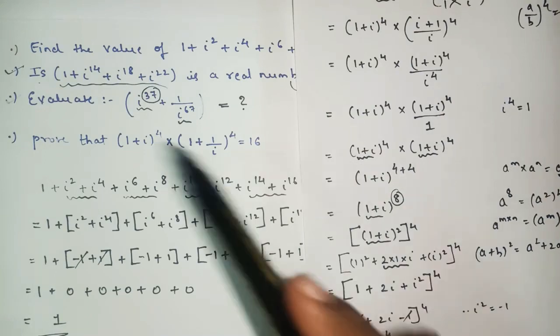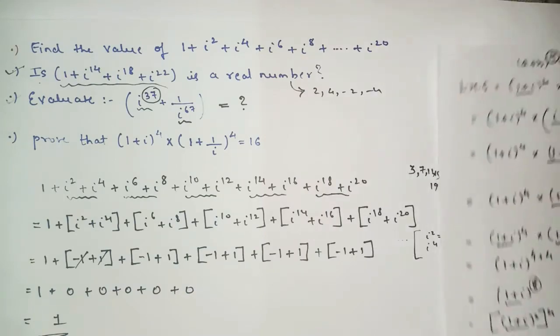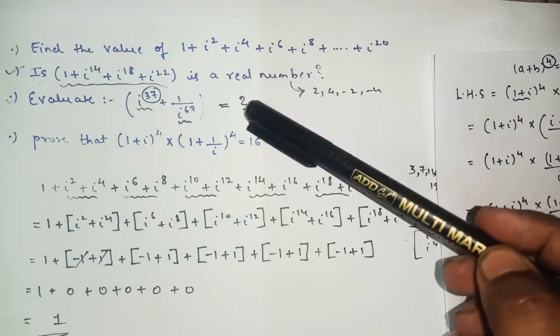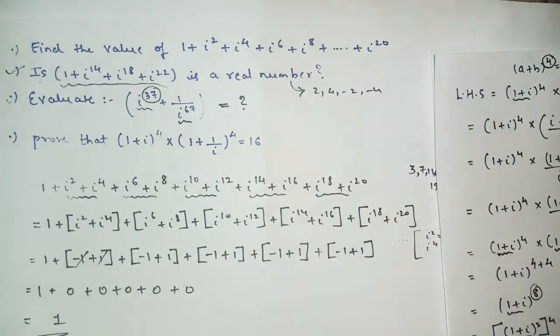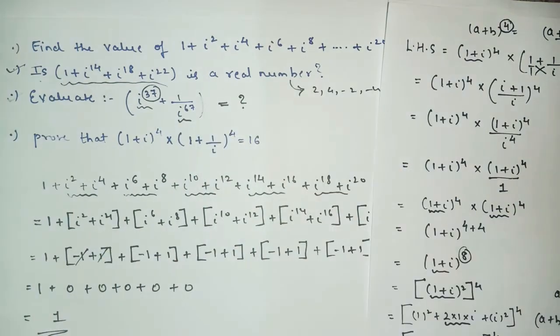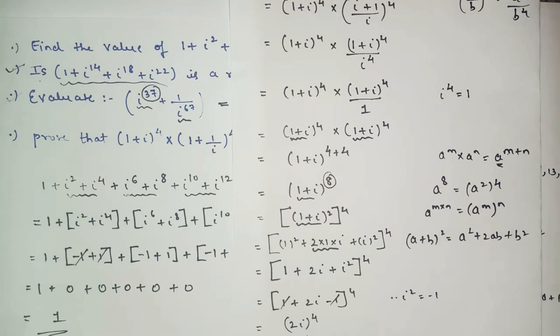Okay, so these 4 sums are actually there in the exercise. It is not any additional sum, it is there in the exercise. Out of these 4 sums, I have explained the first and the last one. So please try these 2 sums by yourself, as the 2 sums are very easy. The first and last sums were a little different, so I explained those 2 sums. I hope you all understood the sum. Okay, so now let's move on to a few more concepts or a few more sums from the exercise.